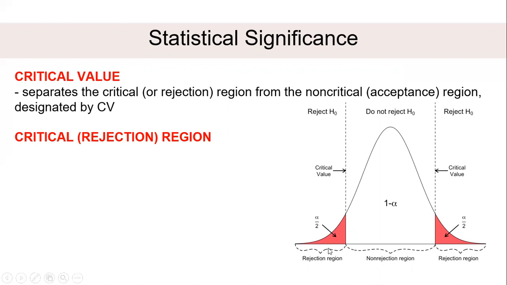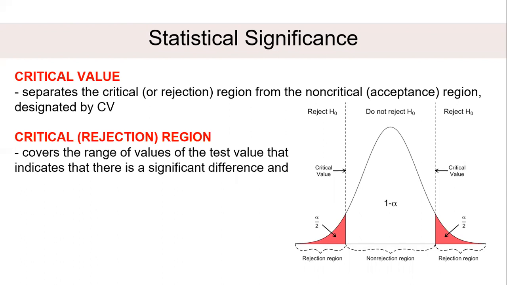The critical or rejection region here, shaded in red, covers the range of values of the test value that indicates there is a significant difference and that the null hypothesis should be rejected. Later on, if the p-value or the computed value, for example, is here, then you have to reject the null hypothesis and report the alternative hypothesis. However,